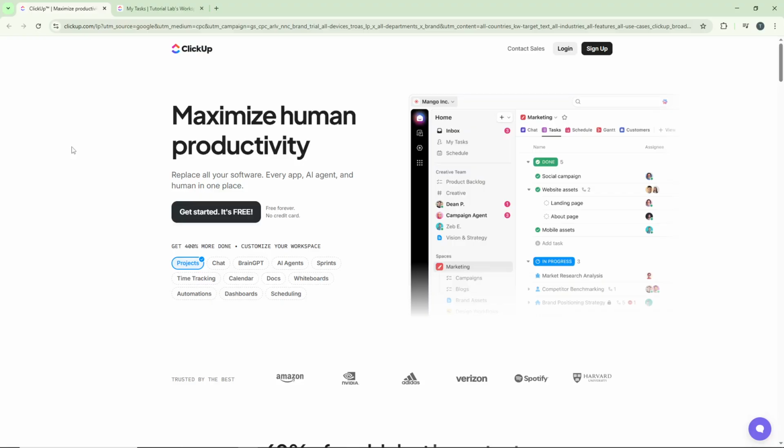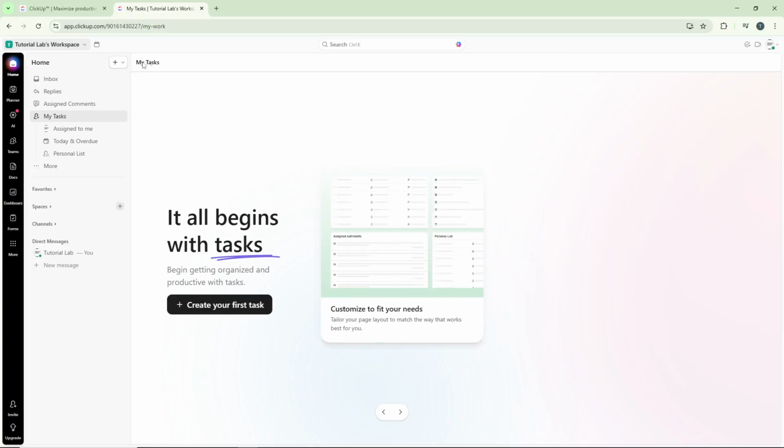First, open your browser and navigate to clickup.com. Once you're there, log into your account using your credentials. Make sure you're using the account where you want to set up email integration, as this will be linked directly to your workspace. After logging in, look to the upper right corner of your screen where you'll find your profile